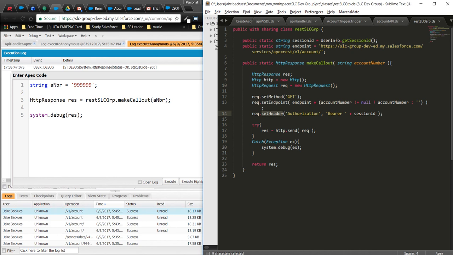Okay, so you were using some sort of plugin in Sublime, right? Yeah. Maven's Mate allows you to download projects from Salesforce and automatically pushes it to the server. Okay, yes. Saved on your